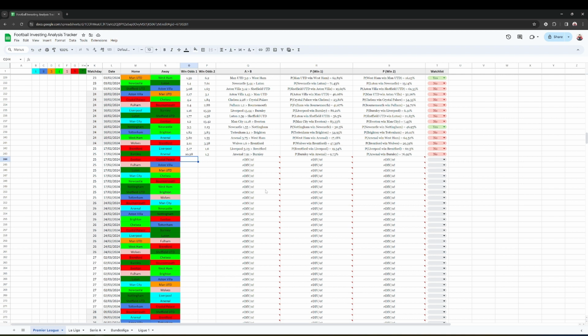Now Everton, Crystal Palace. This is the game that will be played on the 19th, so Monday only. And we have a huge difference here. We have 1.69 for Everton and 5.25 for Crystal Palace. Is Everton 3 times better than Crystal Palace? Everton, they had those 10 points deducted. They are 18th in the table in the relegation zone. If we add those 10 points, they will be 12th. Crystal Palace is 15th.